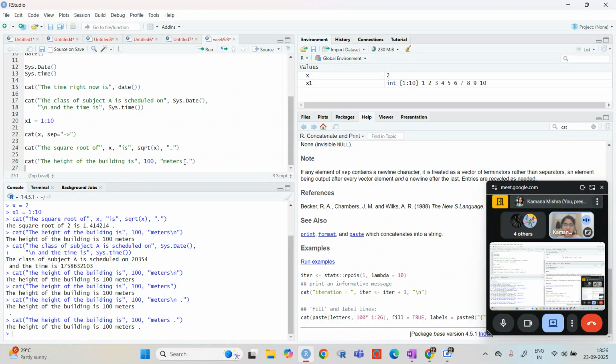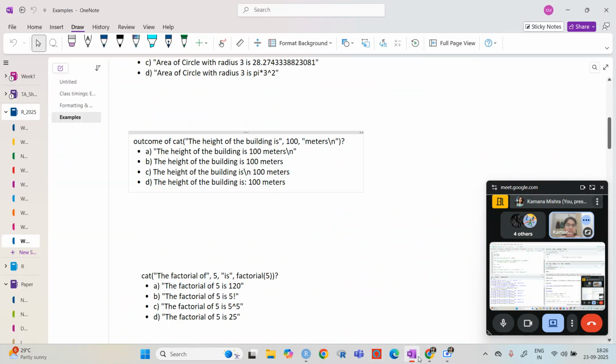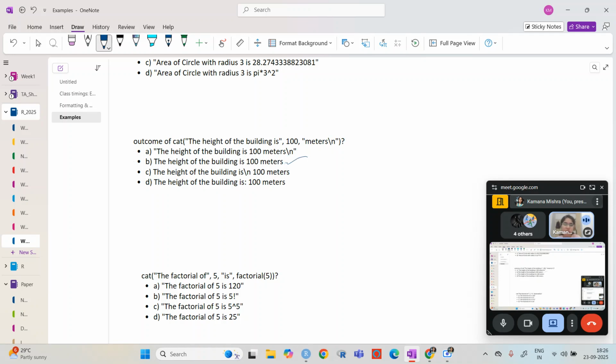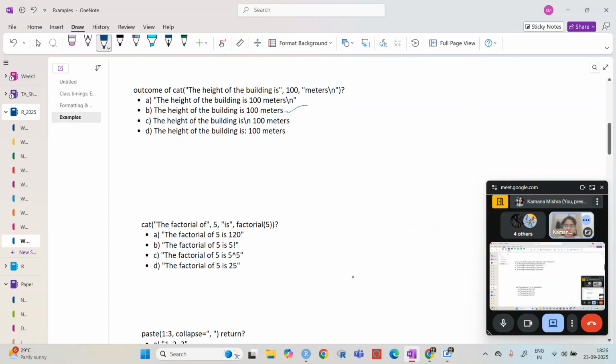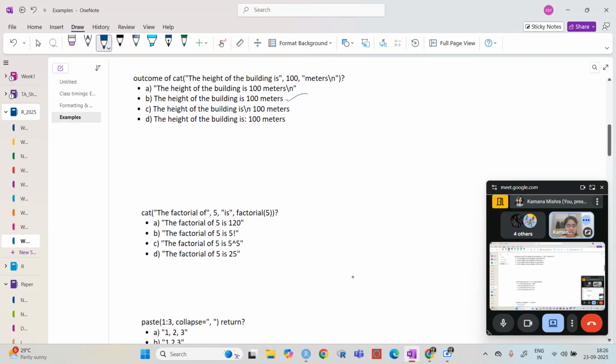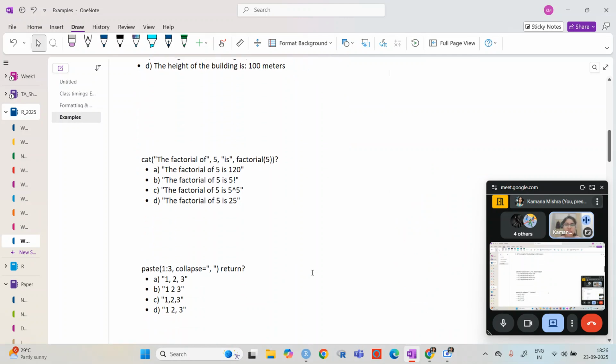So it does not matter where you are putting slash n. So the height of the building is 100 meters. So B will be the correct option. That's fine. Okay. So the next question is that the factorial of 5 is factorial 5.